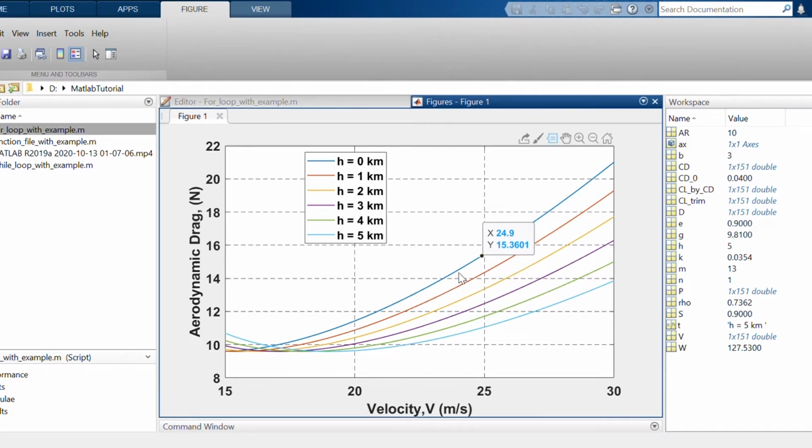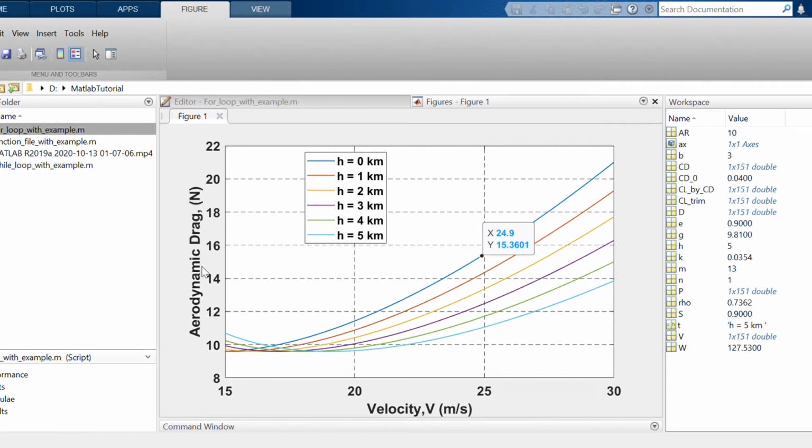You can check by using this tool. Also, if you want to copy your figure, you can go to edit and copy your figure, and you can directly paste it into your report, like if you are making the report in MS Word. And if you don't want to do that, you can go to file, save as, and you will get different options.